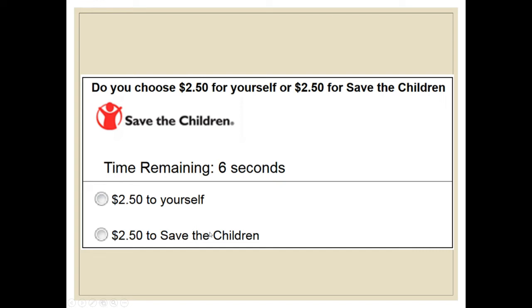If that charity had some other name, like some generic corporation name or something like that, there wouldn't be such a glaring contrast between $2.50 to save the children or $2.50 to yourself, right? So the framing of these options really affects how people respond to these options and which options they choose, right? So yet another example of framing and decision making and how we're often affected by the context and the presentation